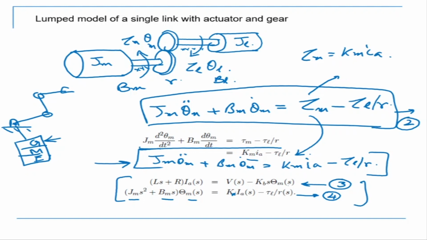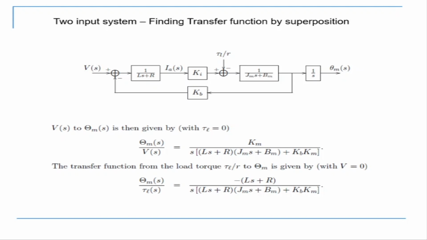Okay, so we see that we have two equations now, and these two equations are giving us two inputs actually. This is giving us a two input system. What are the inputs? One is the Vs, the voltage in that is coming. The other is the tau L, which is the disturbance. So this is a two input system. Now let's draw the control system of this, and what would it look like? Let me go back and explain how we get this.